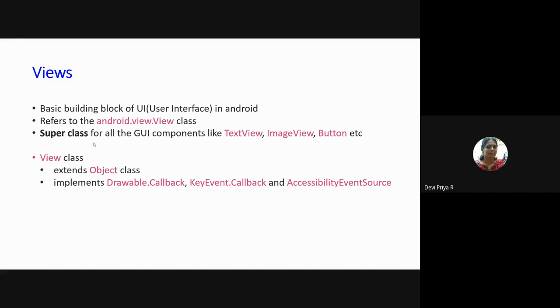Normally class to class is extension, and when you are using an interface, normally it will be implementing. If you extract a new class from an interface, it will be implementing. So this View class implements Drawable.Callback, KeyEvent.Callback, and AccessibilityEventSource. These are the basic ideas.